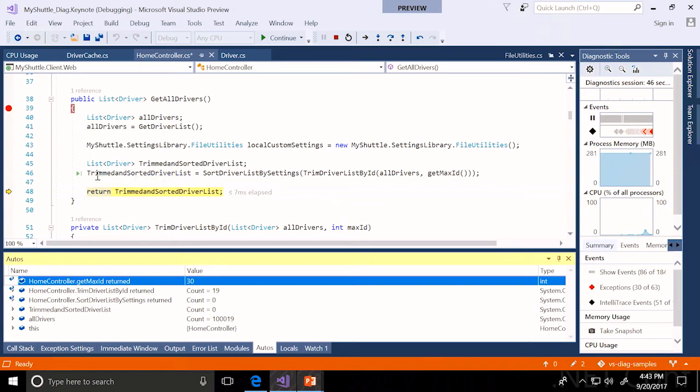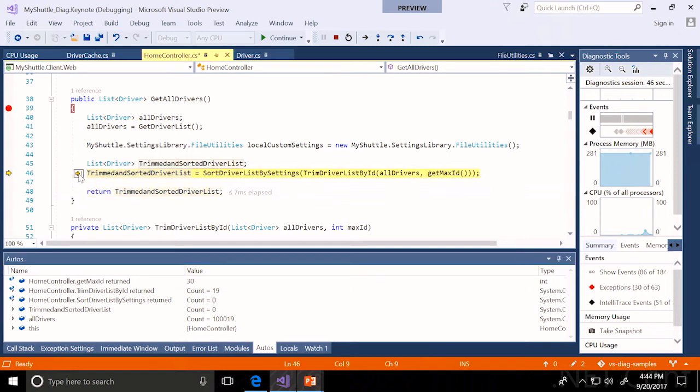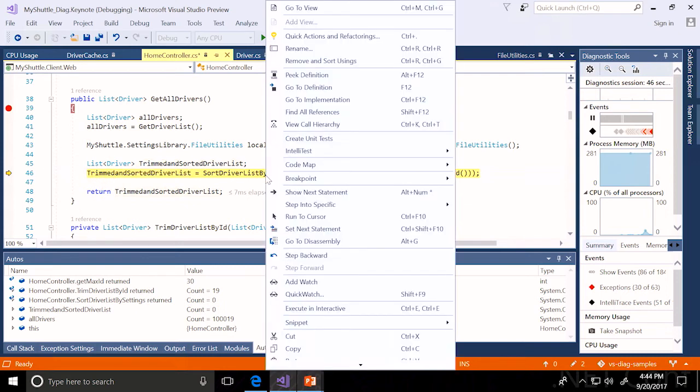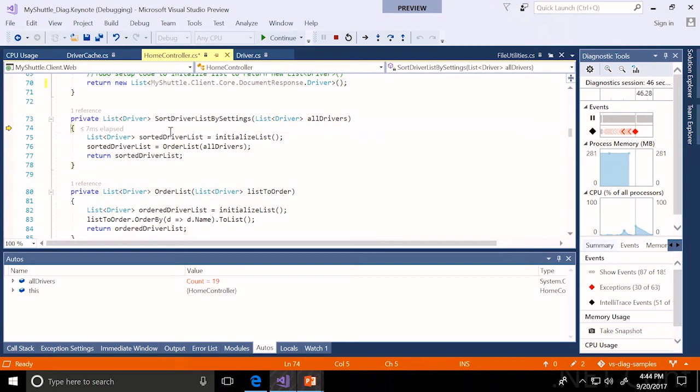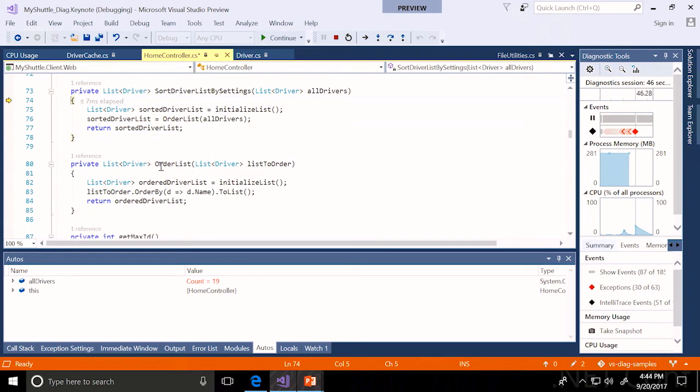Okay, so let's use trusty Control-click to set next statement and come back and step into this. So I'm on this line now. Sort driver list was where the issue was happening. I'm going to right-click on this line and go to step into specific. So I'm going to step into sort driver list here. And now that I'm in my sort driver list, I see that it's calling into ordered list. Ordered list is right here. I'm going to use run to click to go ahead and come to this line of code where this list